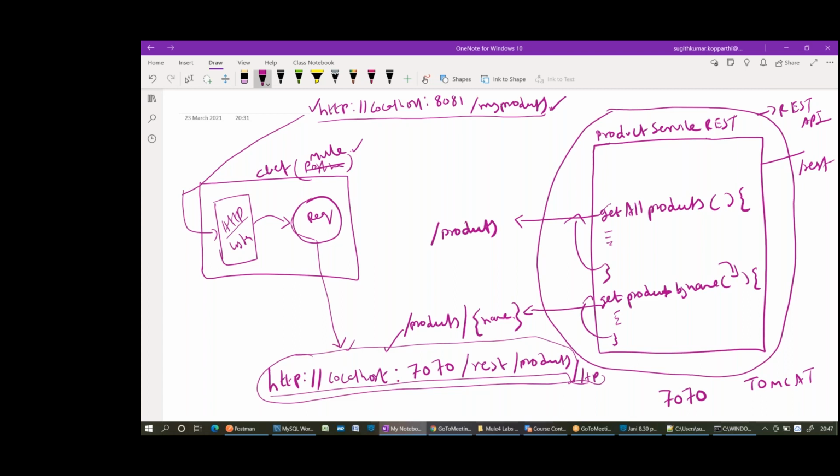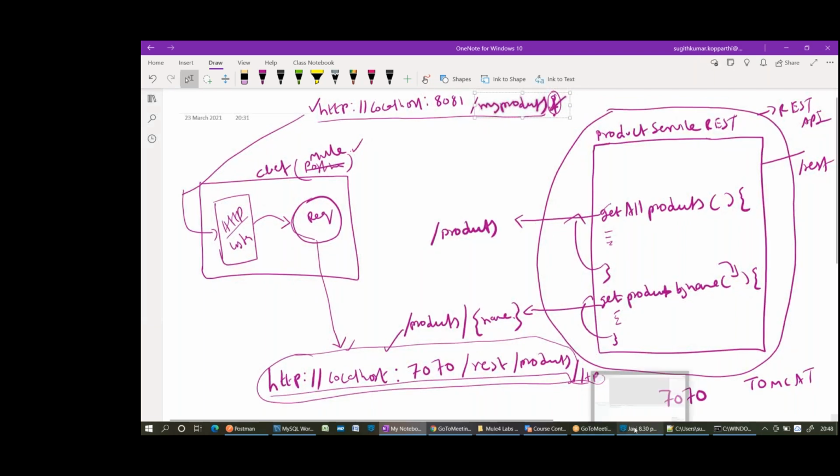And in another case, if my client gives a question mark, what type of attributes does that represent? Query params. Okay, first I will show the simple one, then I will go with the next one. So what is the first requirement? Simply, if I give my products, I want to consume get all products, right?